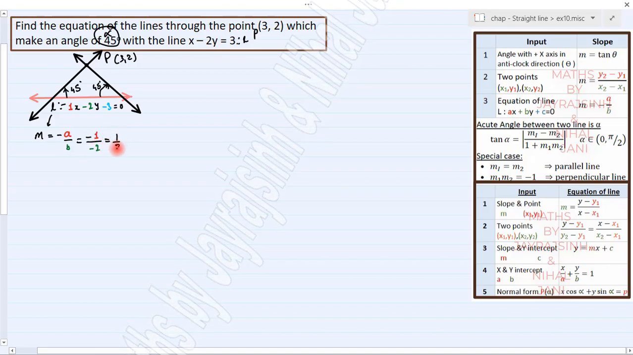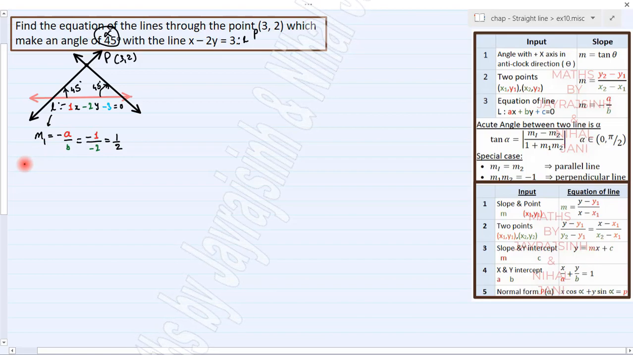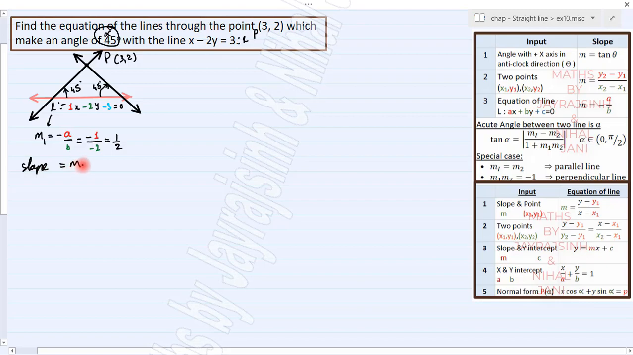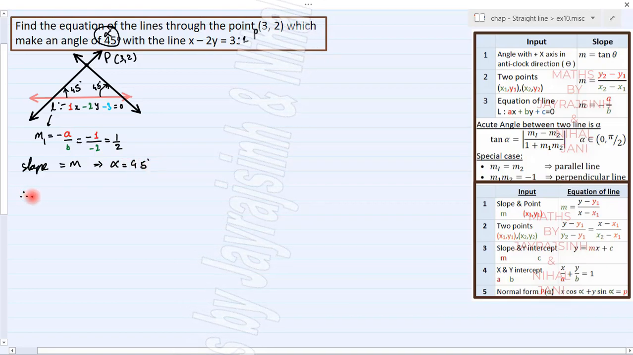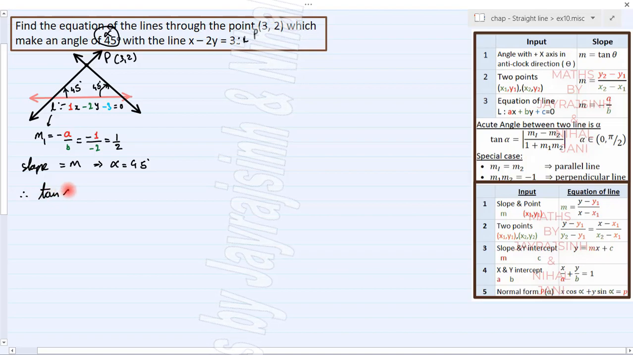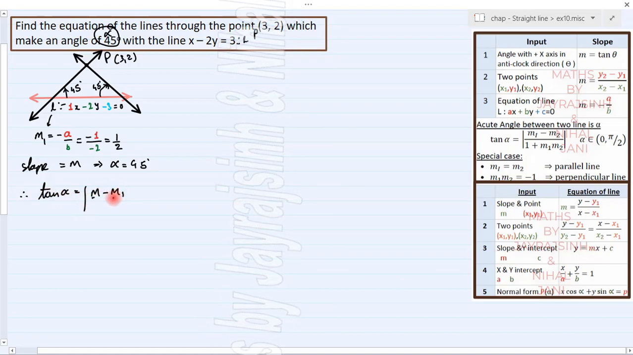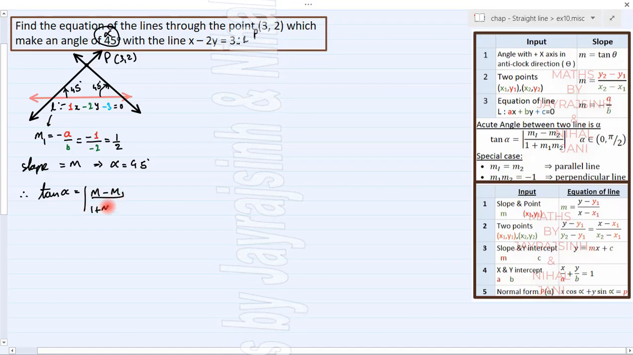So you'll get 1 by 2. So you'll get m1 is equal to 1 by 2. Now let's assume that the slope of our unknown line is m and it is making an angle of 45 degrees between L and N. So we can apply the formula of angle between two lines, which is (m minus m1) upon (1 plus m into m1),